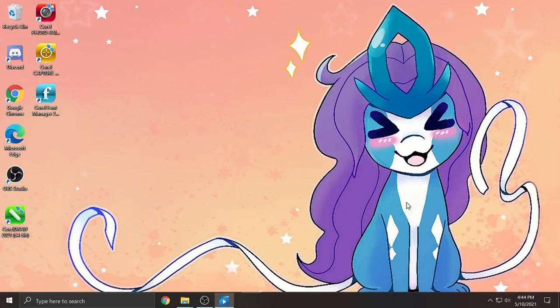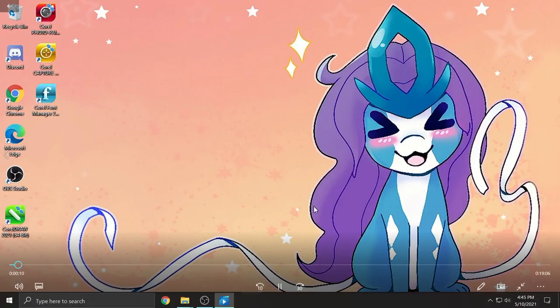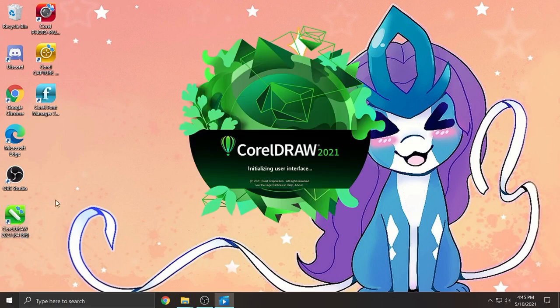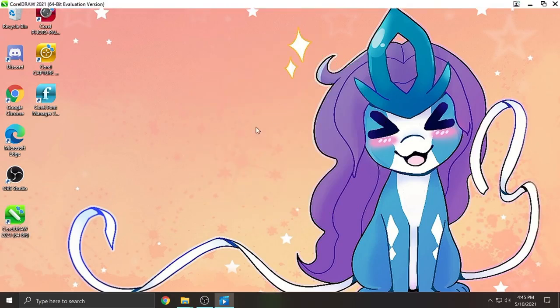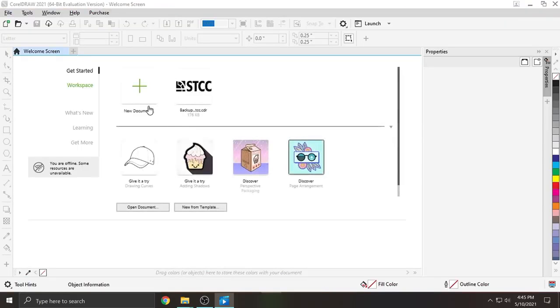Today I'm going to be showing you how to use CorelDraw, and this is a quick, simple tutorial on how to use it. On any desktop you're going to see CorelDraw, so we're going to go over to it pretty soon, and we're going to click on it, open it up, and this is the interface that we'll get. This is going to be using the Spirit GLS and the S290,